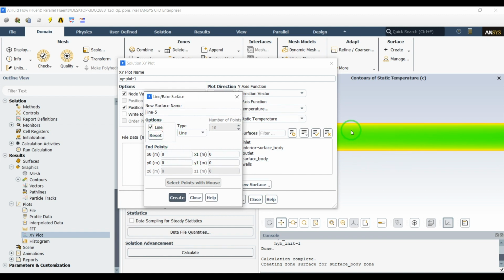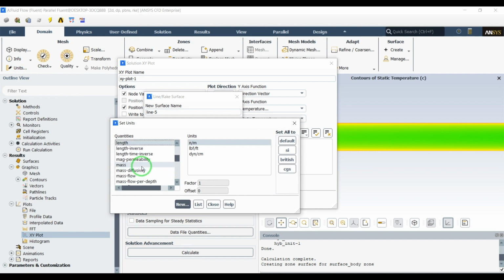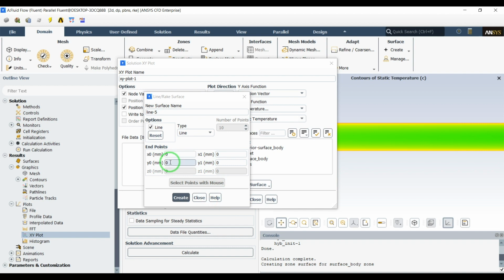So if you remember, I started a little bit to the negative part when I was doing the pipe, so I will do the from the pipe geometries from Y. Let's change this unit to millimeters first. So lengths, okay. So the pipe was from 0 millimeters to 10 millimeters, the diameter, and I want to have a vertical line at x equals to 0. So let's do this vertical